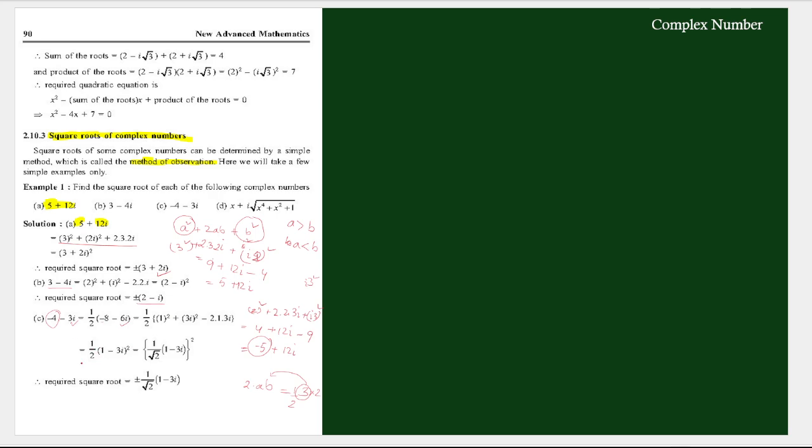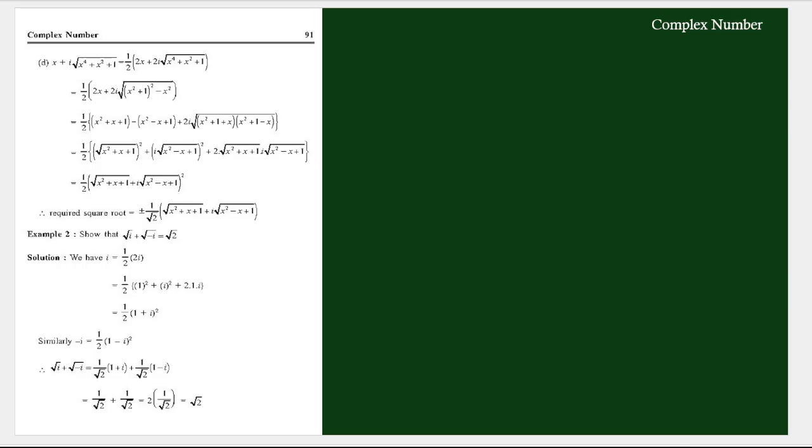तो अभी व्हाट वी हैव टू डू, वी हैव टू मेक इट इनटू होल स्क्वायर, तो हाफ 2 का क्या होगा, 2 का स्क्वायर होगा रूट टू स्क्वायर विल बी 2, so 1 root of 1 will be 1 itself, so 1 by root 2 whole square, the 1 minus 3i, so the required square root is plus minus 1 by root 2 1 minus 3i, understood, ठीक है। तो अभी हम लोग सेम, ओके, यू ट्राई टू डू बाय योरसेल्फ।